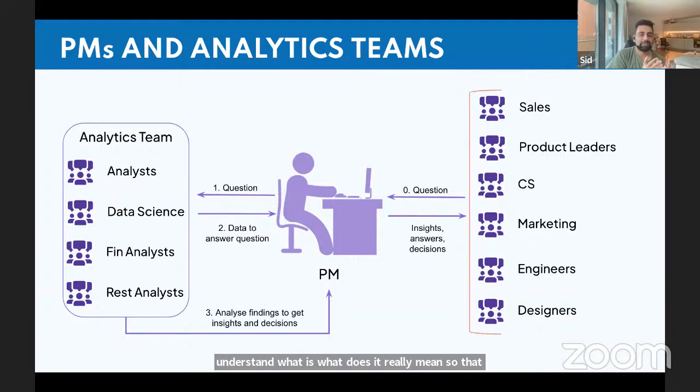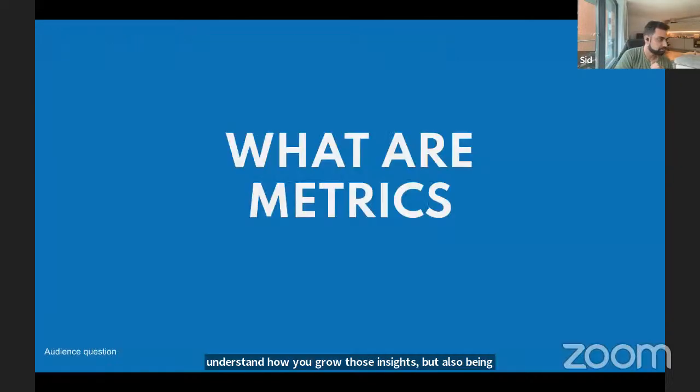And then the final step is that when you go back to your stakeholders, you're actually sharing insights. You also share access to data so that, if they want, they can run their own analysis, etc. But as this central point of intelligence, you are responsible for sharing insights first, helping them understand how you drove those insights, but also being transparent and sharing the raw data with them so that if they wanted to do their own analysis, they could.